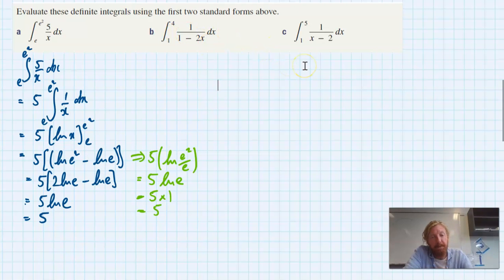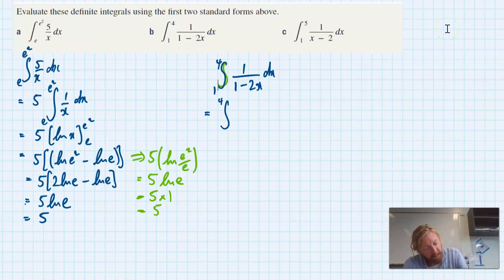I'm only going to do b and then we can move on, okay? So we've got, what do we got? We got the integral, back to blue for our standard one, from 4 to 1 of 1 on 1 minus 2x dx. Now I don't have any c's here because they're definite integrals. I want f dash x on top. What's the derivative of that denominator? Minus 2. So I'm going to go from 4 to 1